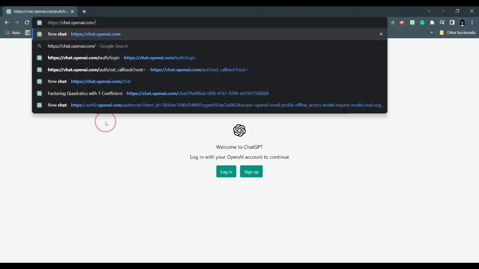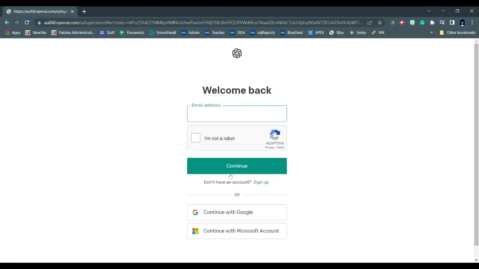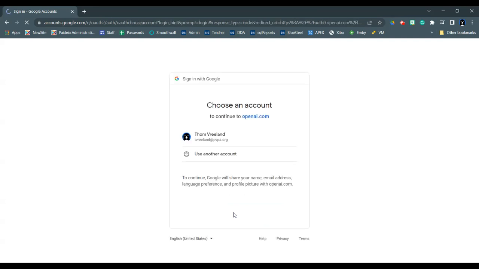If you do that, you'll come to this page asking you to sign up or sign in. Now, since we use Google accounts and I'm signed in to my PVP account right now, I'm just going to say log in. I don't need to sign up. And then do continue with Google. The first time you do this, it's going to ask for a phone number, and it's going to send you a text message with a 6-digit PIN code, just to authenticate and make sure that you are a unique user on the system.